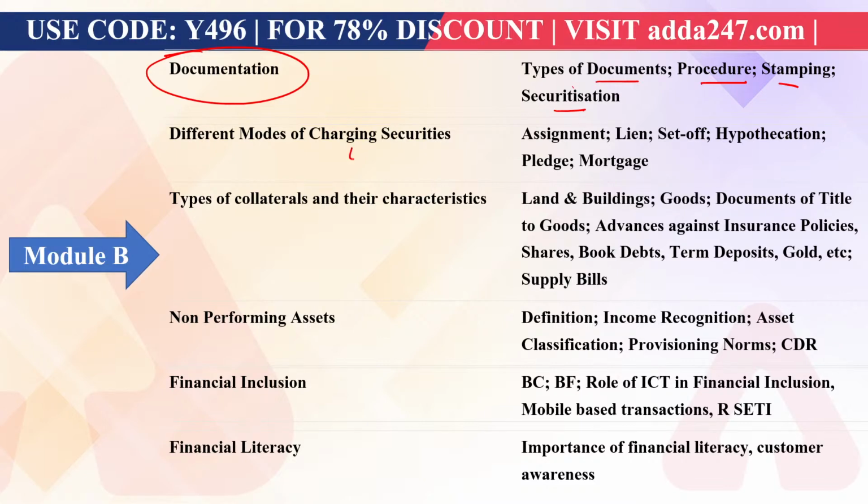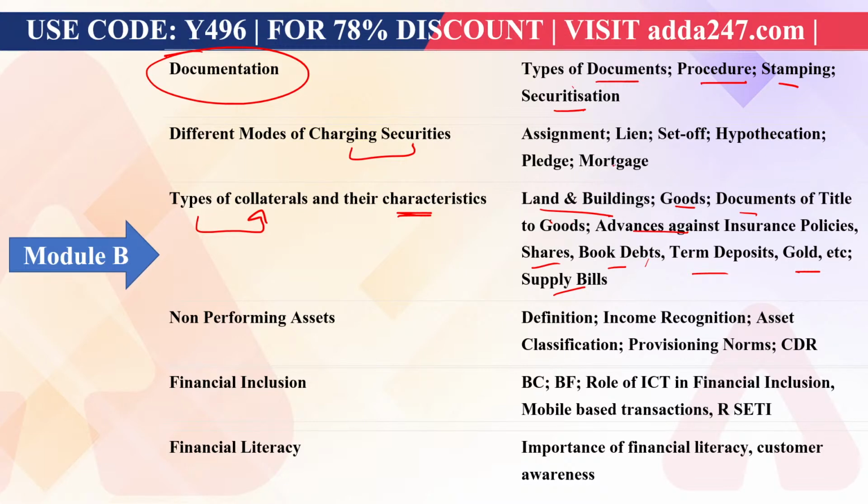Now, different modes of charging security. First, we have to understand what are the different types of collateral like lien, mortgage, hypothecation, pledge. What are their characteristics we have to cover, like land and building you are giving as a collateral, that is known as mortgage. Then if you are giving goods, if you are giving the documents of title to the goods, it means you are giving the bills to the bank as a security proof. Okay. Then advance against the insurance policy, LIC policy, shares you are giving, book debts, term deposit, gold, supply bills, etc. So all these are the types of collateral which we are using at the time of getting loan from